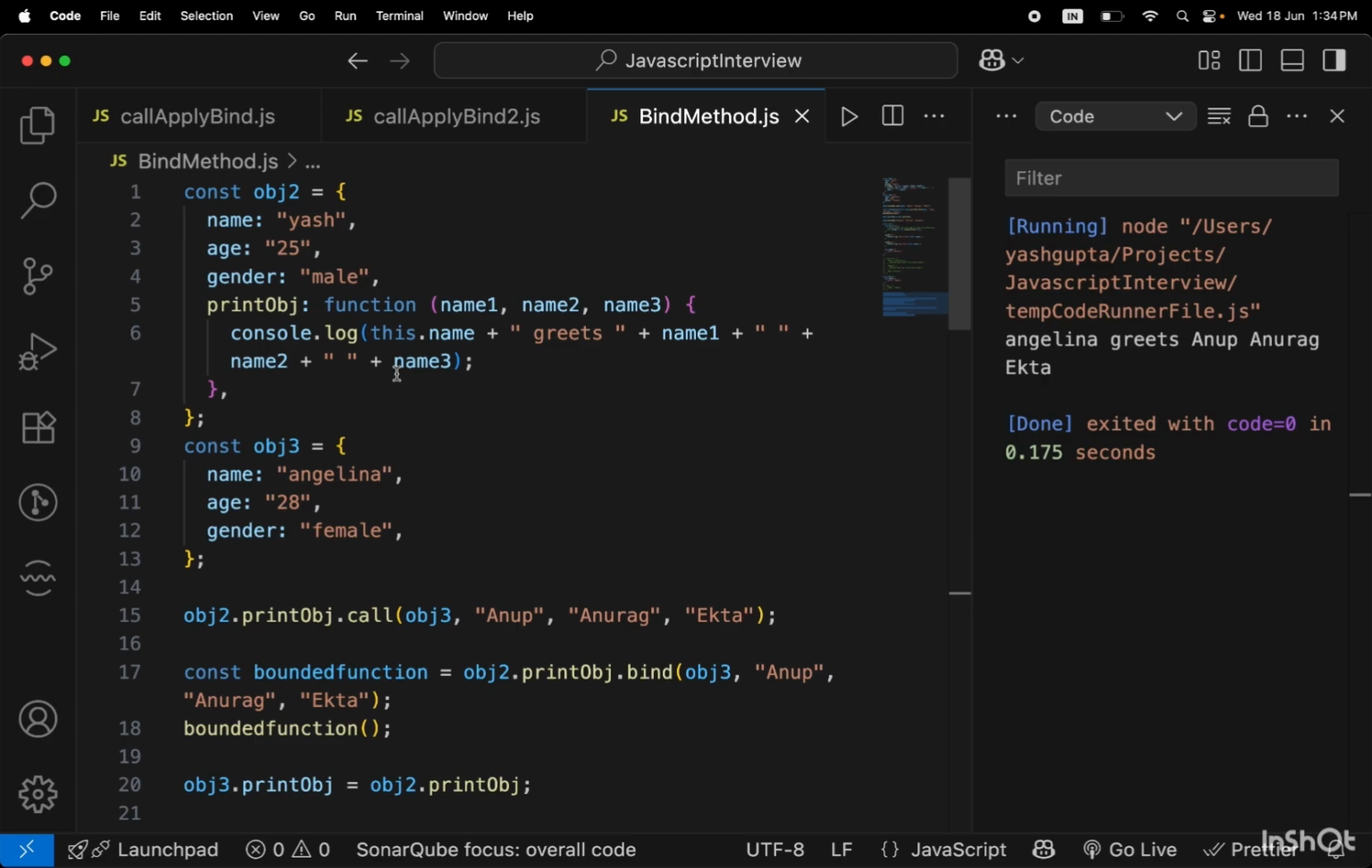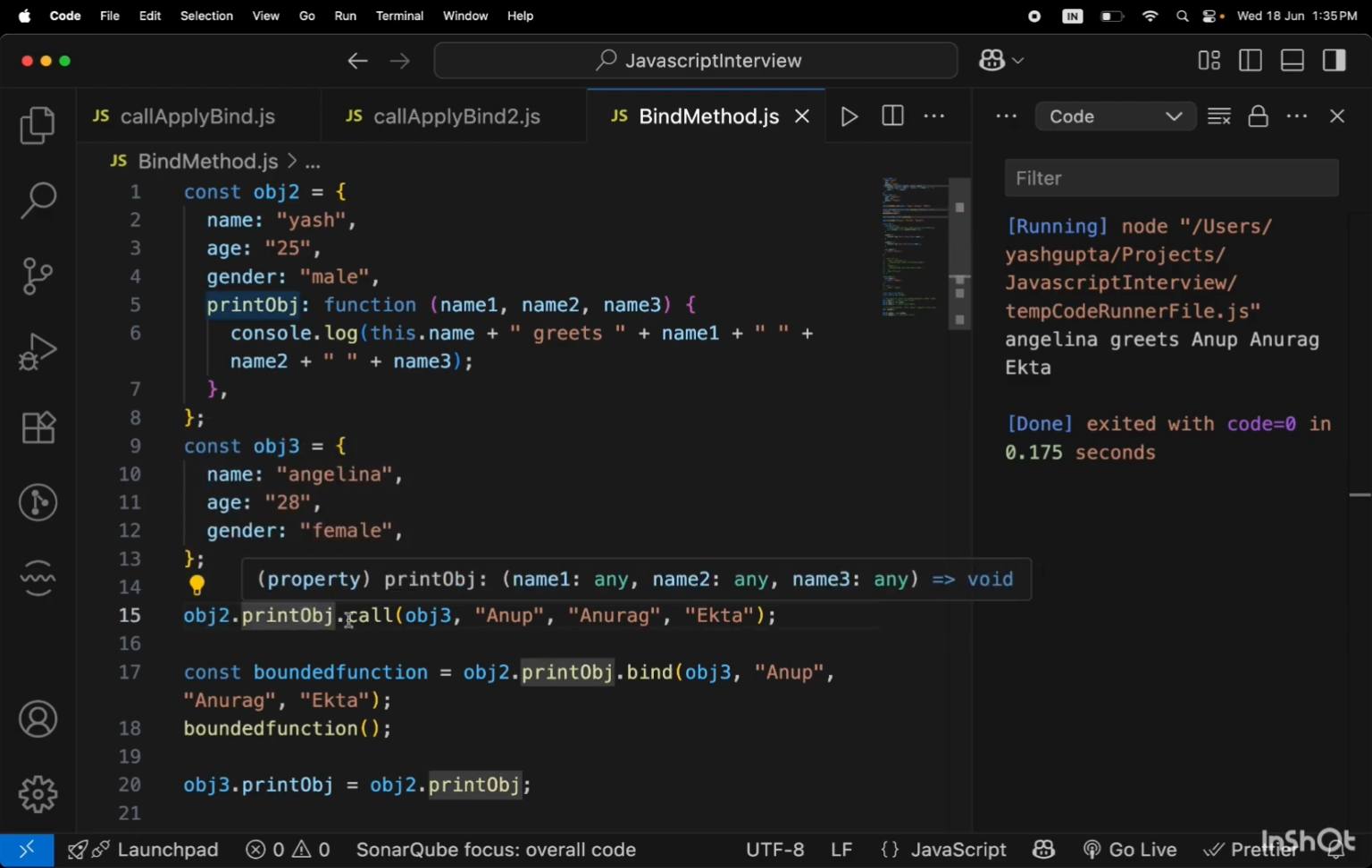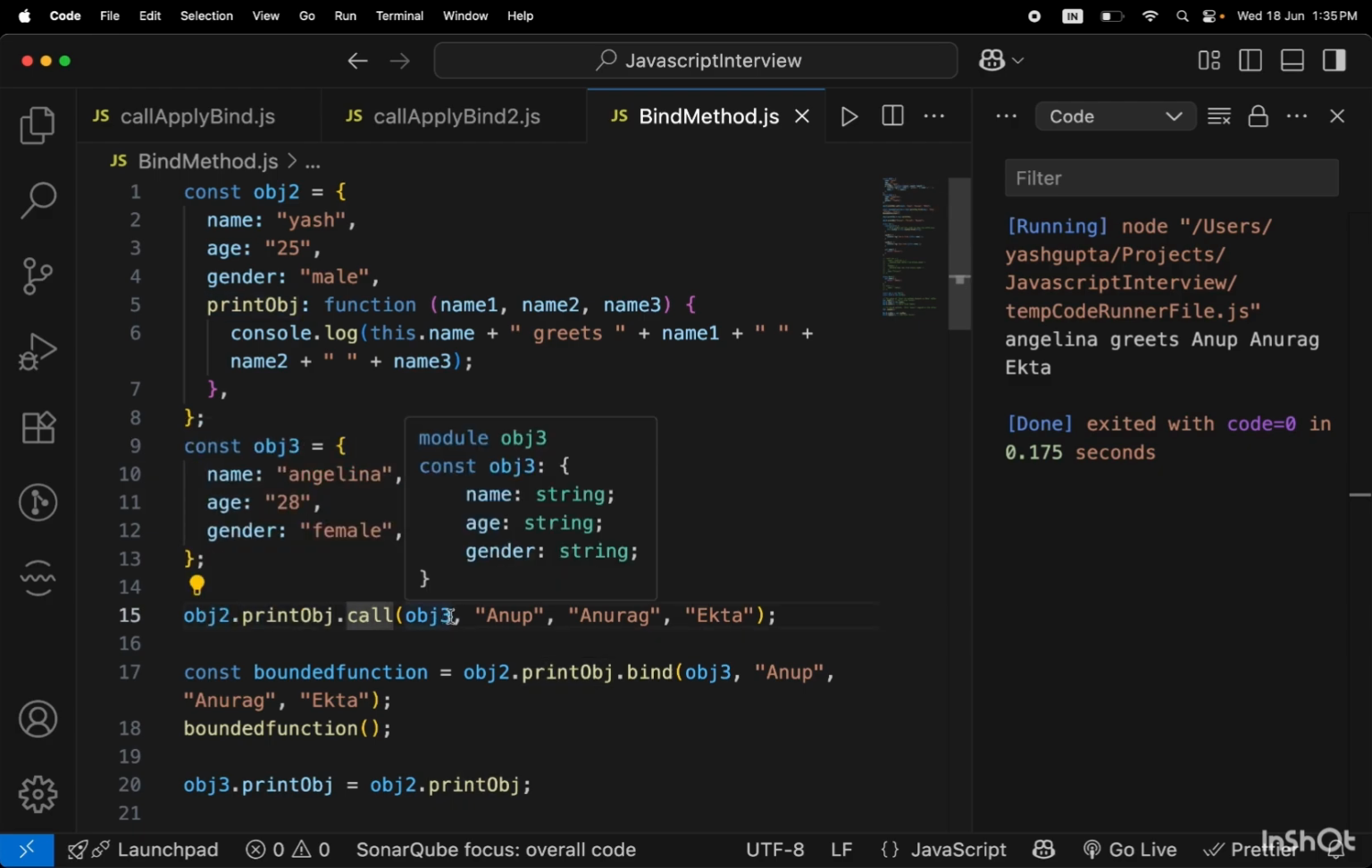So first of all, we'll revise some previous class concepts. If we have an object which has a print object function, and we want to call this object's print object function from another object, we use the call method. So here we have used object 2's print object function using the call method by calling from object 3. So this dot name will print the name of Angelina over here and passing the parameters as Anup, Anurag and